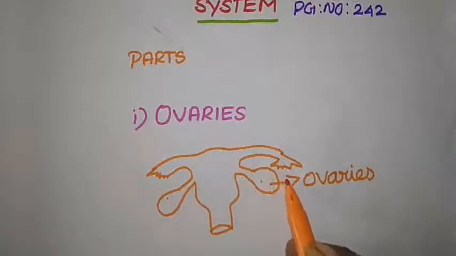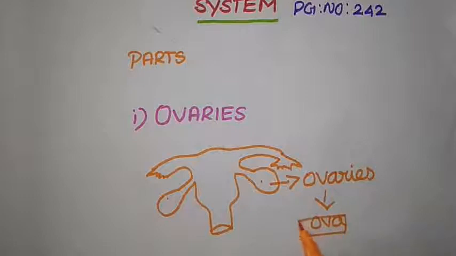Okay, and here the ovaries, right? They act as bag-like structures for the development of the ovum. That is, the ova develop in the ovary part. Due to the secretion of some hormones, they are helpful for the development of the ovum. That is the egg, we say. So egg development takes place in the ovary.